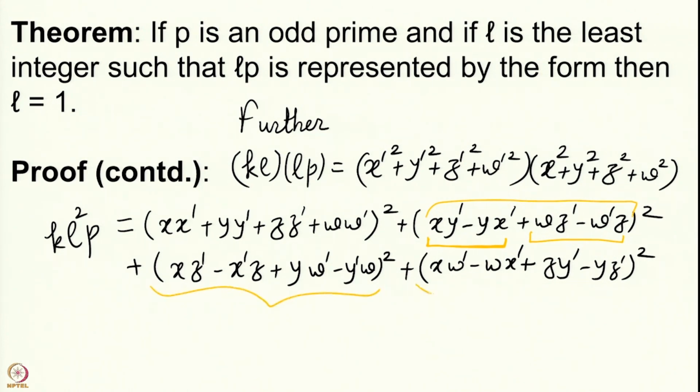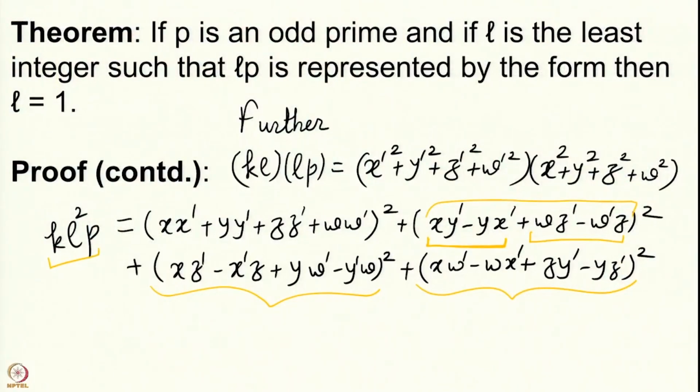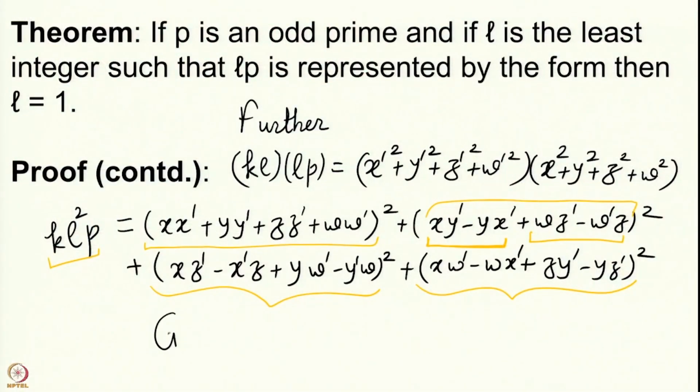Similarly, this is 0 mod L square, this is 0 mod L square. That means that these 3 terms are divisible by L square. We have that here we have divisibility by L square, which would imply that this term should also be divisible by L square. So you can simply cancel L square from all the terms that you see here,